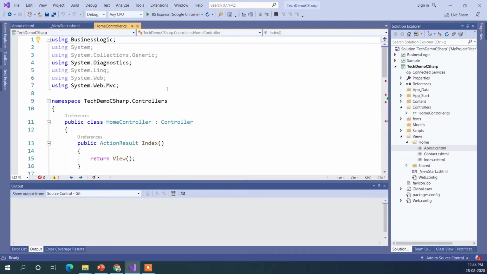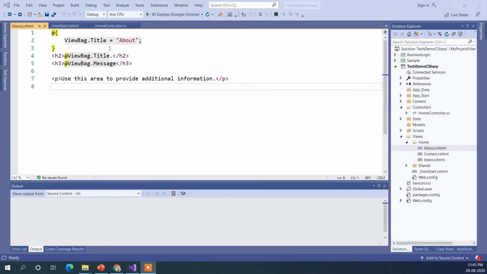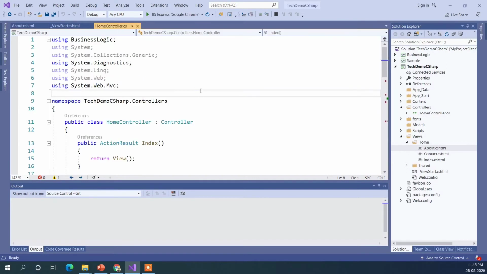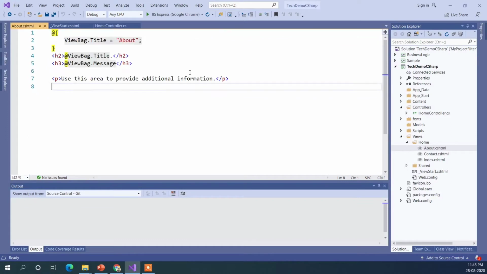When I type Control minus, actually my minus key is not working, so the numeric key will not work with this. I was on About.cs HTML and now I'm on home controller. When I type Control plus minus, it will take me back to the last tab which I have used.